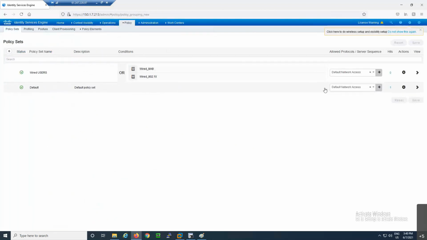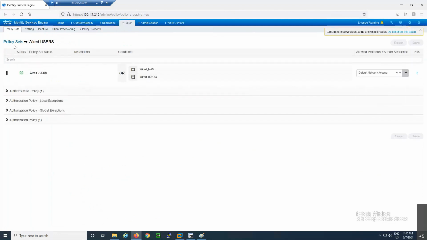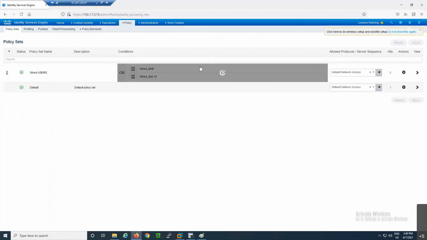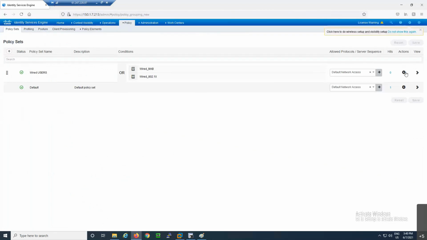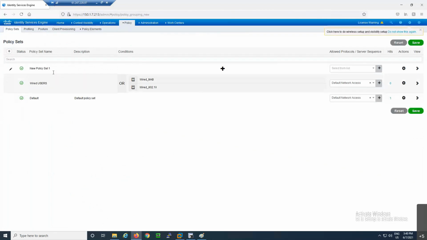Go to policy set again. So this is for wired users. If you are using wireless authentication also, then you can create another policy for wireless users. You can go to settings and insert a new row above. You can give a name: wireless users.